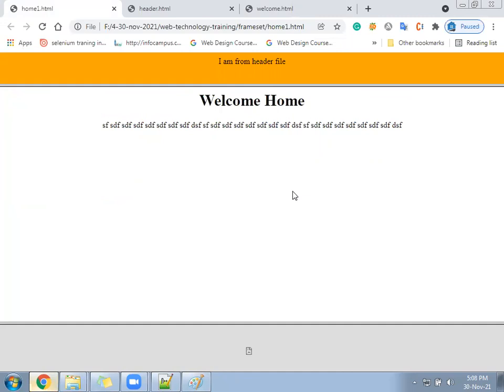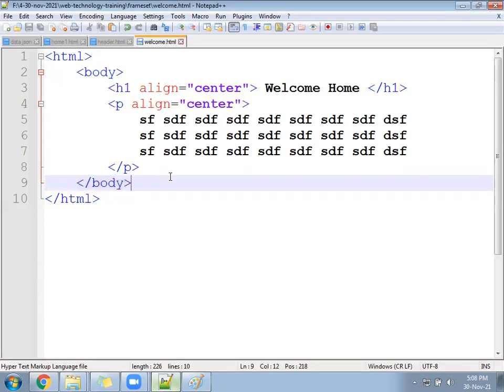The footer is still missing. We will create the footer.html file.